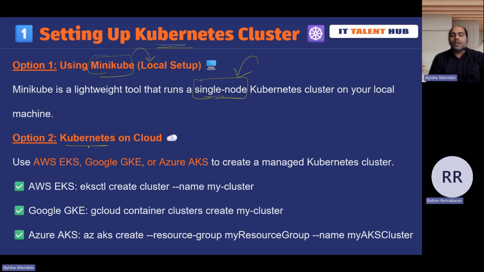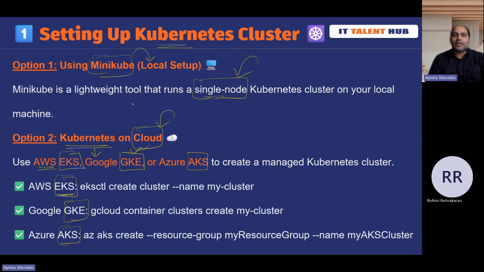So if you want to work with Kubernetes on different cloud platforms, as we discussed, in AWS we have EKS, in Google we have GKE, and in Azure we have AKS, Azure Kubernetes Service, and Google Kubernetes Engine. So in AWS, you can create an EKS cluster, a GKE cluster in Google, and an AKS cluster in Azure. So we have many commands to work with, right? If you prefer a cloud-based setup, then you can go with EKS, GKE,